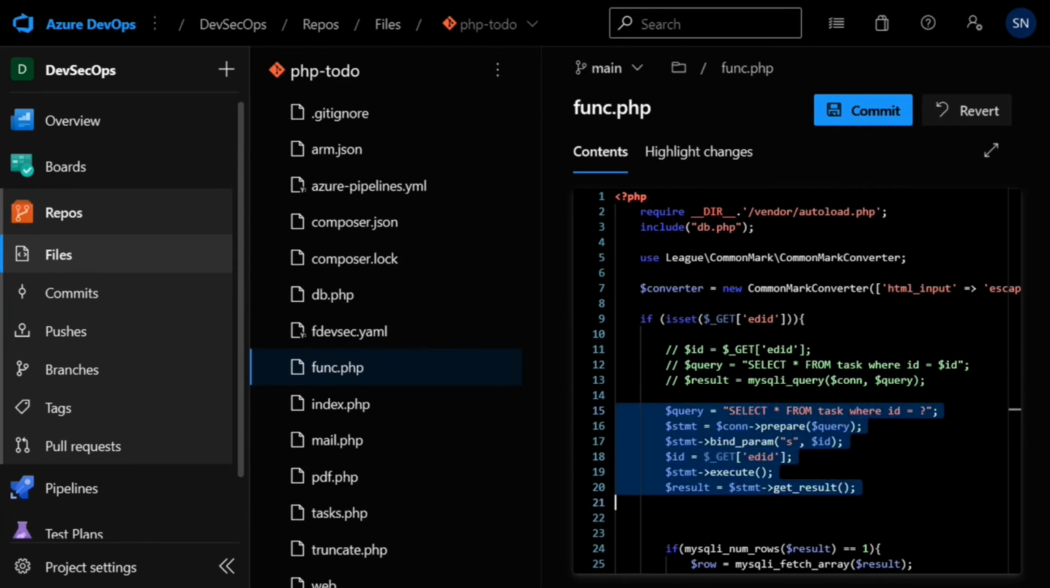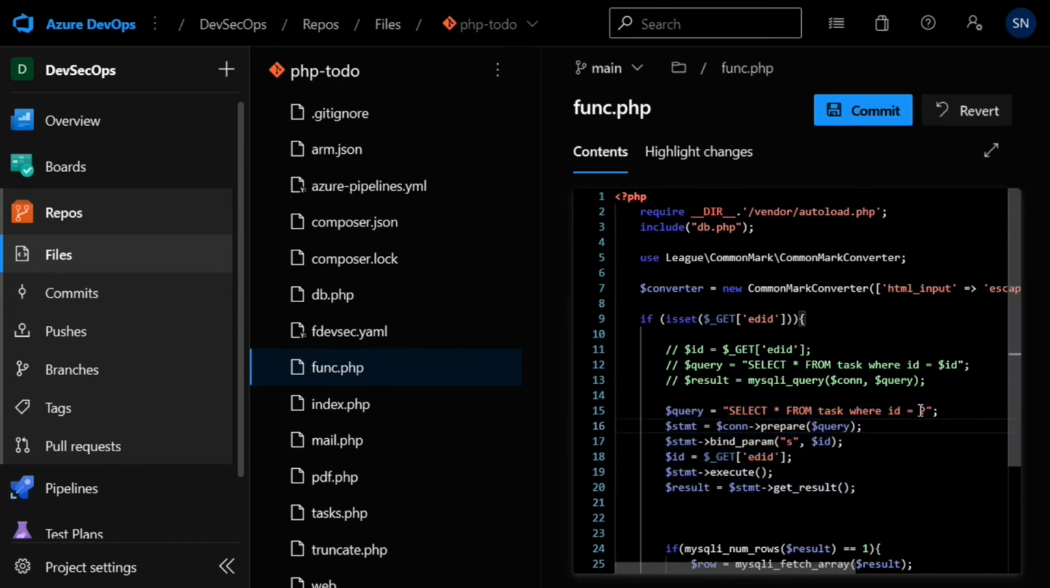So basically, it's the same thing. I am changing the statement to put a placeholder for the parameter here, preparing the statement, and then binding the parameter to the statement, where I'm getting the parameter from the query string or the URL parameter, and then executing the statement. So this is how you fix it. So if I commit,